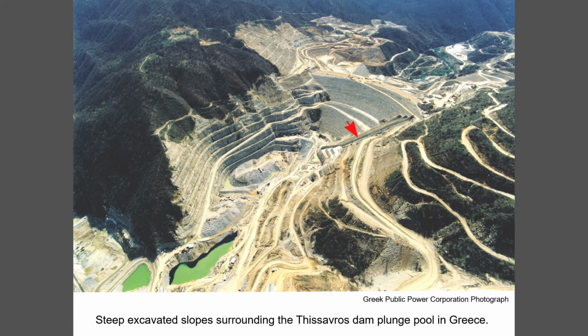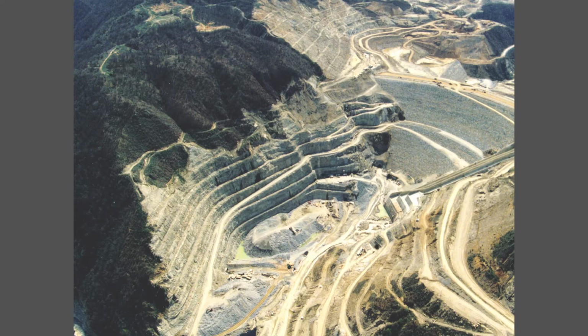Spillways going down into the plunge pool, and these slopes around the plunge pool are critical because they will take fluctuating water levels. There's an underground powerhouse below them, and they have to remain stable for the duration of the project. So the design of those slopes has to be very carefully carried out. You see the blasting has been very carefully done, and that would be a high-risk project where failure of any component would have very serious consequences.